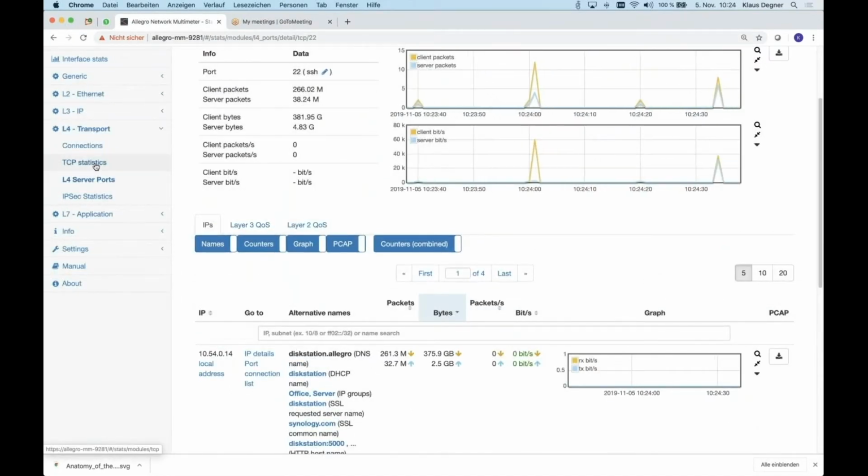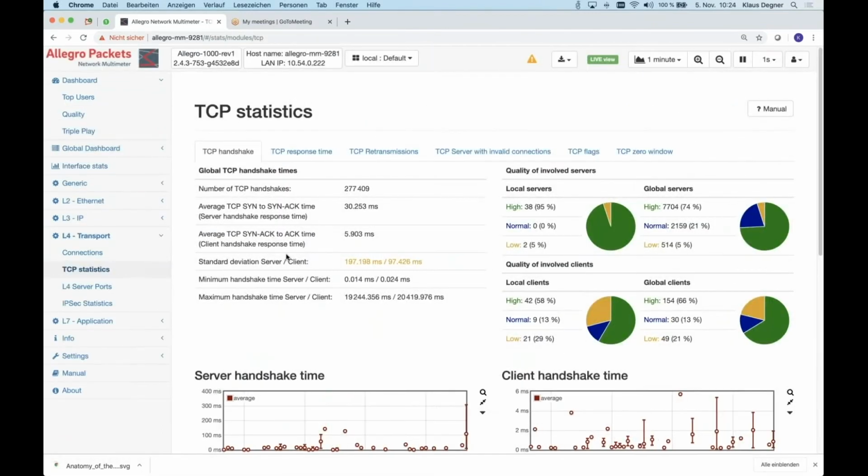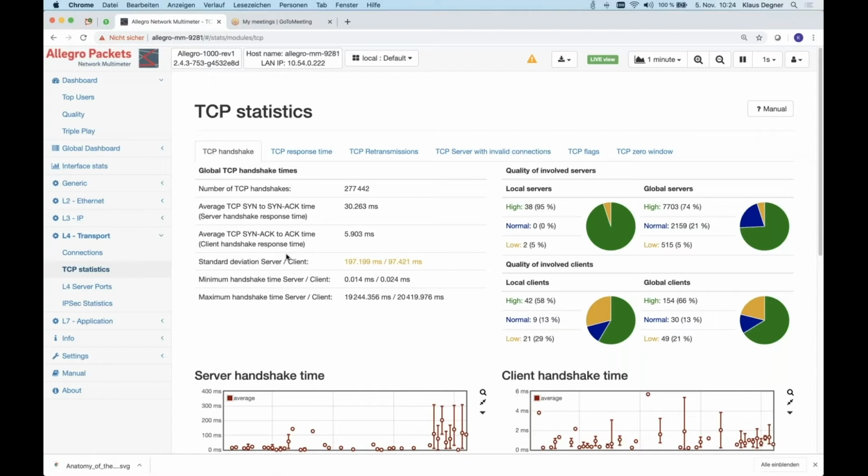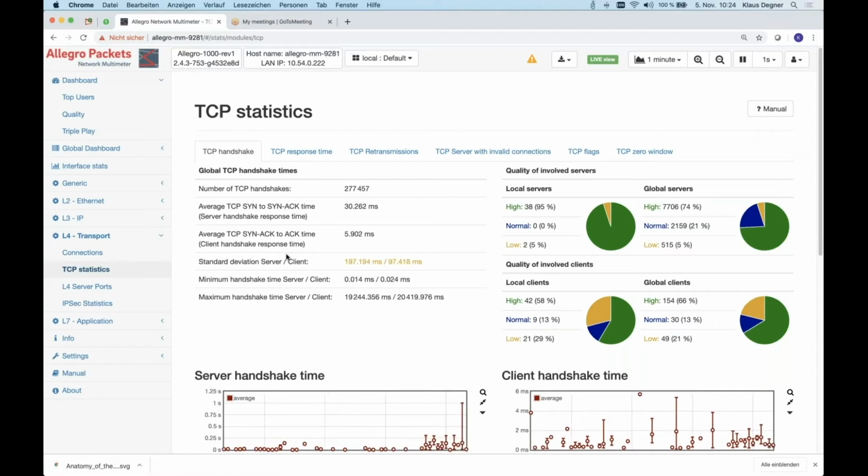Much more interestingly, what we've seen is the TCP statistics. Why? TCP is a very, very good indicator of whether the network works well or not. Because you see round trip times, which means whenever a handshake goes out, how long does it take the server to respond?